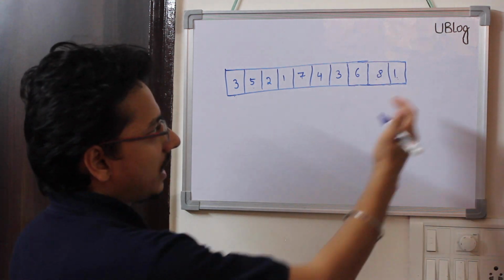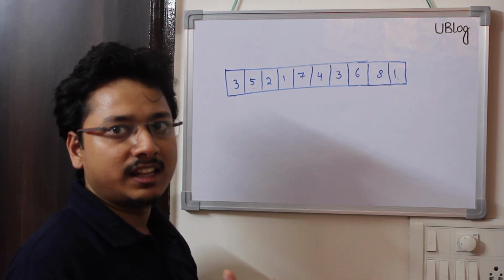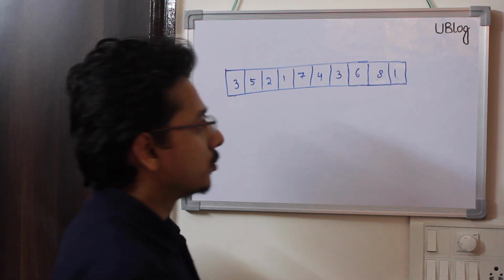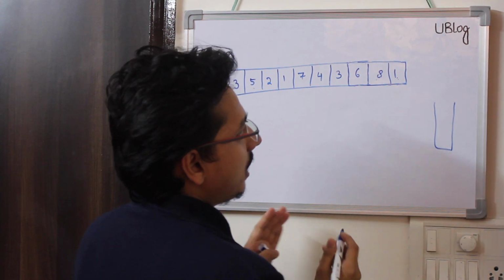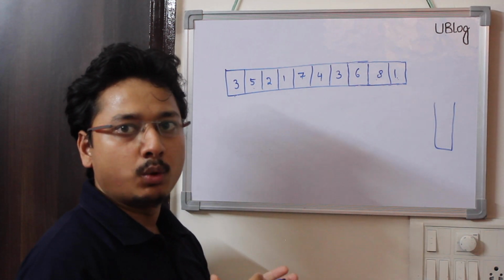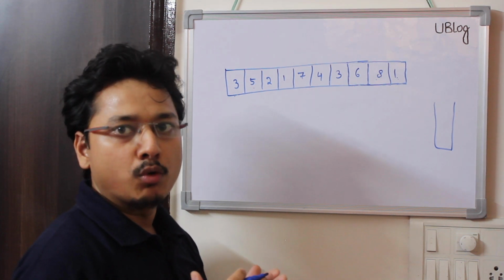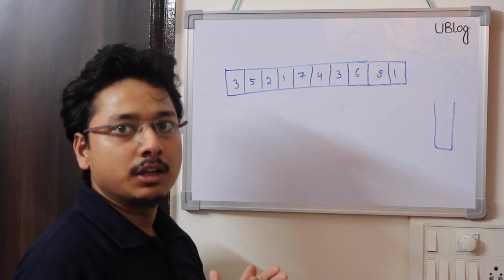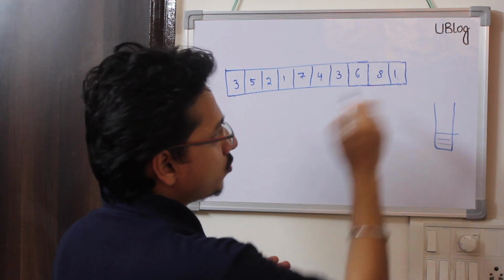We are starting from the last index in the array. We are storing all the elements which are greater than that element in the stack. Initially we have an empty stack, and when we come to an index, before inserting that element in the stack, since I already told you we don't want any element which is smaller than that, I'll pop out all the elements present in the stack which are smaller than this element.